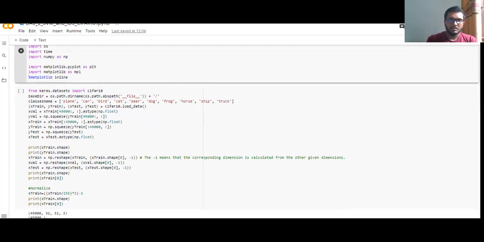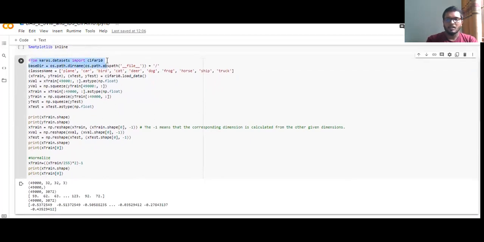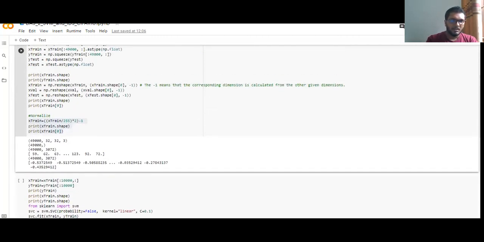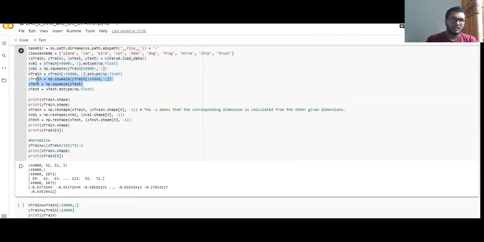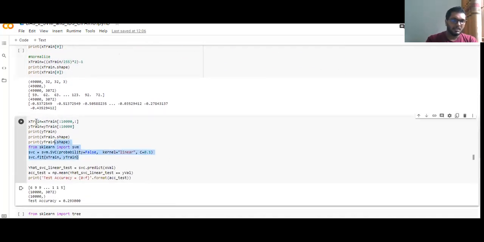And using the Keras library, we imported the CIFAR data, and we define the model and train the model, and normalize the data set here. Here we define the needed values for training the model, and here we train the model, and then after